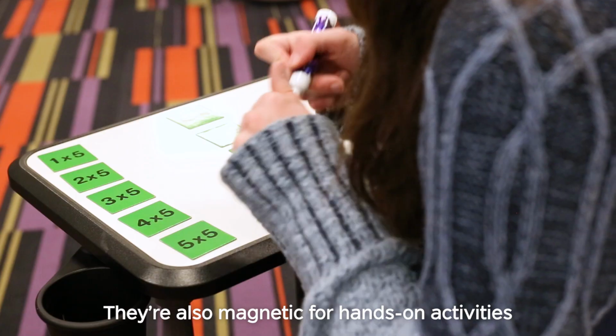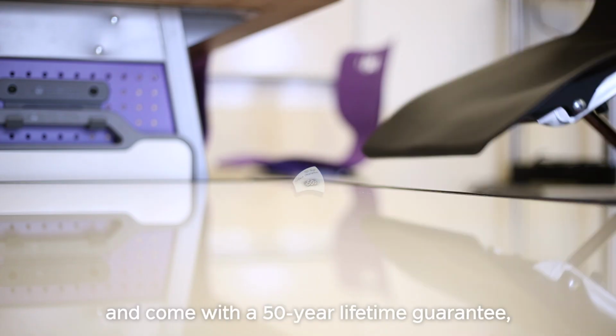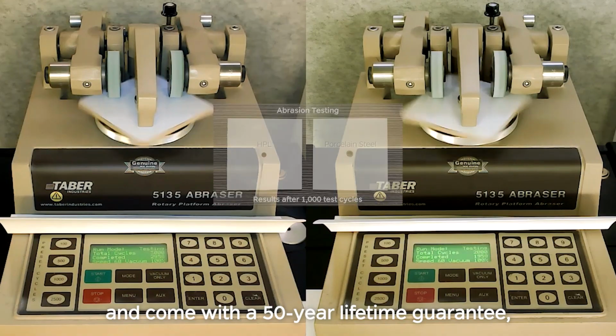They're also magnetic for hands-on activities and come with a 50-year lifetime guarantee, far surpassing